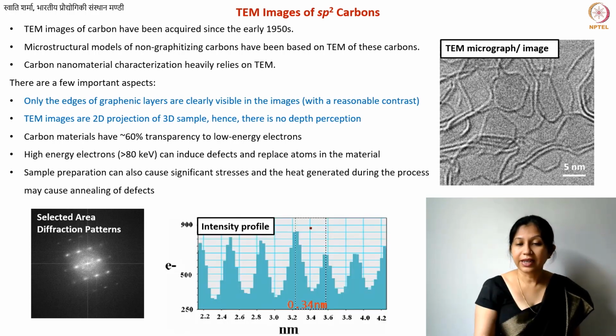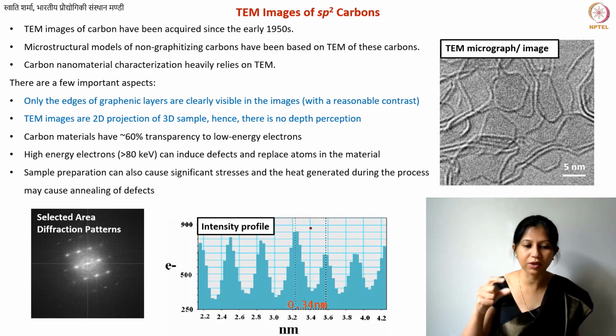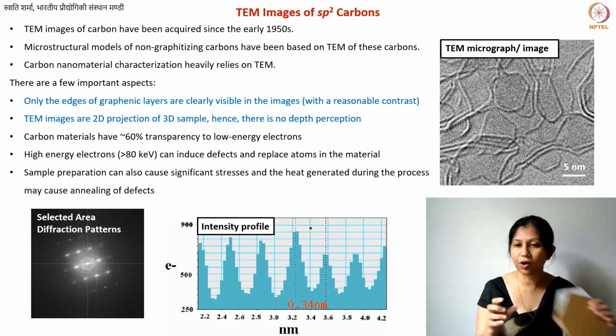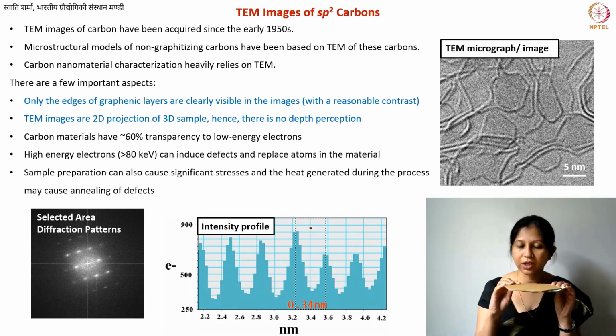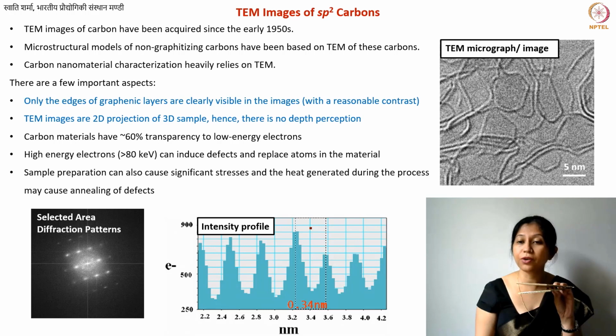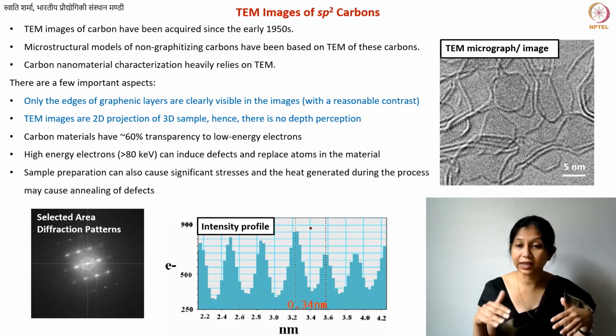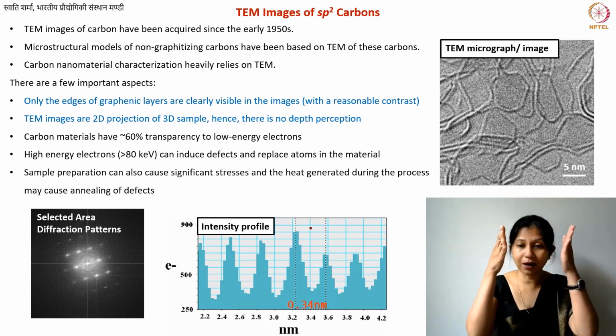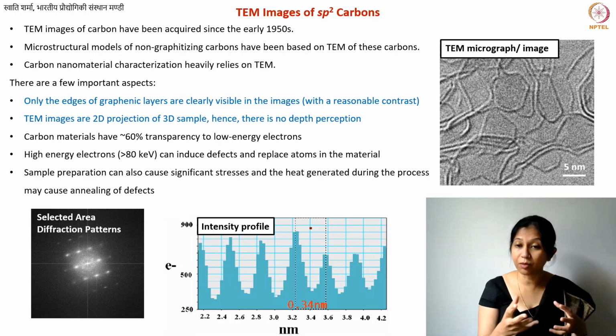Okay. Intensity profiles look like this. This is some green-blue color. It can be any other color, because as I said, this is something that you plot externally. But what you're doing here is you take any local region. If you see, say, stacks of a few sheets, if you're looking at the cross section, here we have these two sheets. In that case, if you draw a line here and plot the intensity profile, you will know where you have your darker regions and where you have your lighter or brighter regions, and then you can find out using post-processing what the separation is. So here in this case you see 0.34 nanometer.